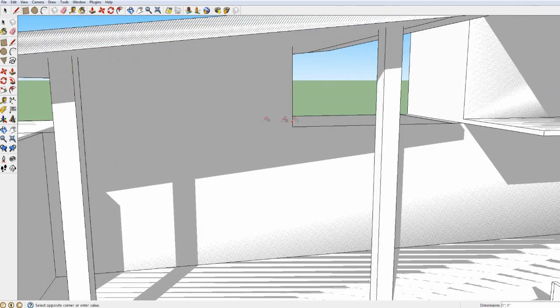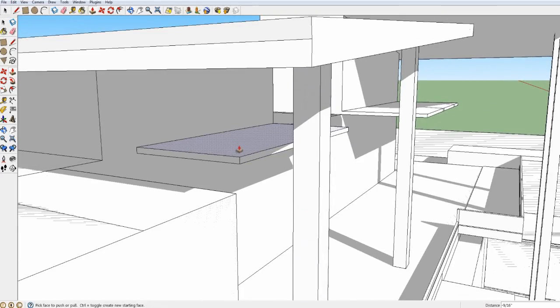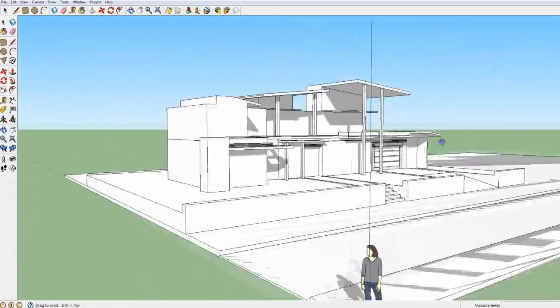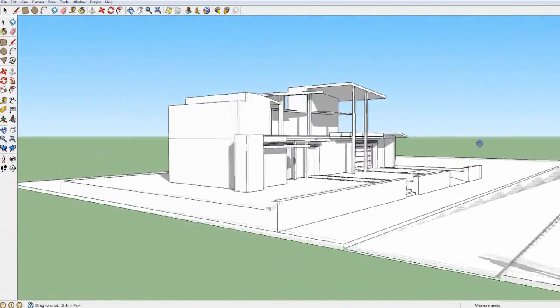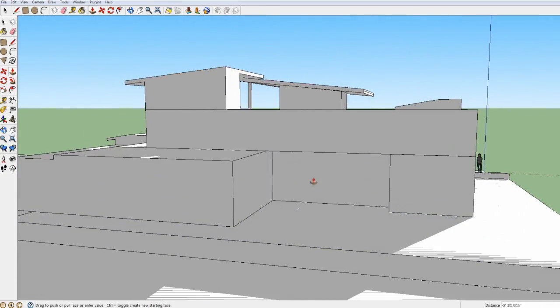So what are we going to be doing now? I think we're adding some detail to the roof. I think it kind of looks like a balcony. I don't think it will be big enough for a balcony, but it might be, I don't know. And now we're going to